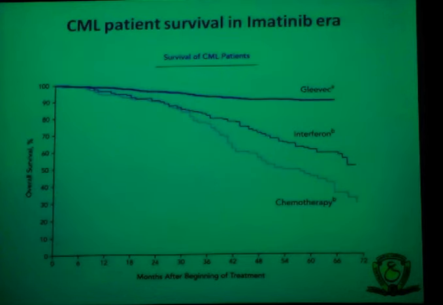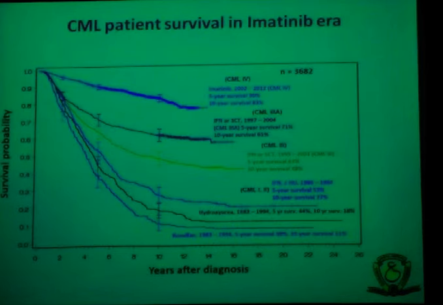So here are the results of targeted therapy. This is the survival curve for chemotherapy. Interferon therapy was not that bad. It improved the survival significantly, as you see the difference between these two. Here you see the beautiful curve from Gleevec, the imatinib treatment. The survival has increased enormously, and you can see now CML patients who are surviving for more than 20 years on imatinib treatment. This is the change personalized therapy has brought, especially for CML. It is remarkable, very significant.